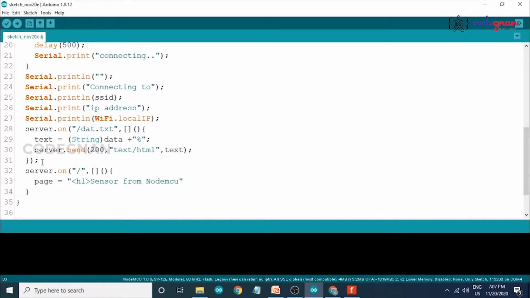So I am giving the heading as sensor from NodeMCU and close our heading tag. Now what will we give to the server? Moisture. And also here write a heading tag and close it with /h1.